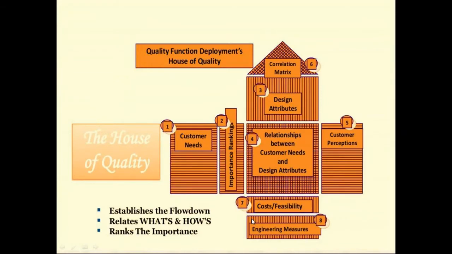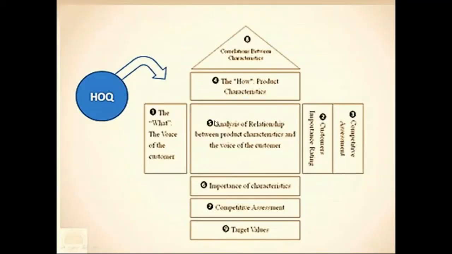So this is again a schematic diagram. It can be changed a little bit. Here, column 1 is giving the voice of the customers, which is defining the whats. And I told you the importance rating is drawn next to this. It can also be shifted over here, but all the way the calculations will be the same. So here you have the customer importance rating.